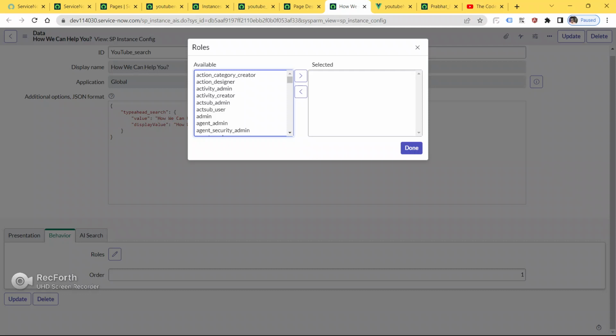By defining roles, guys, you are defining which user has the accessibility to do modifications, to do changes, to do whatever he wants to do. As of now I am the admin, so I have all the roles and all the authorizations. Whenever you define a role, you are defining what a user can do on your service portal page inside this